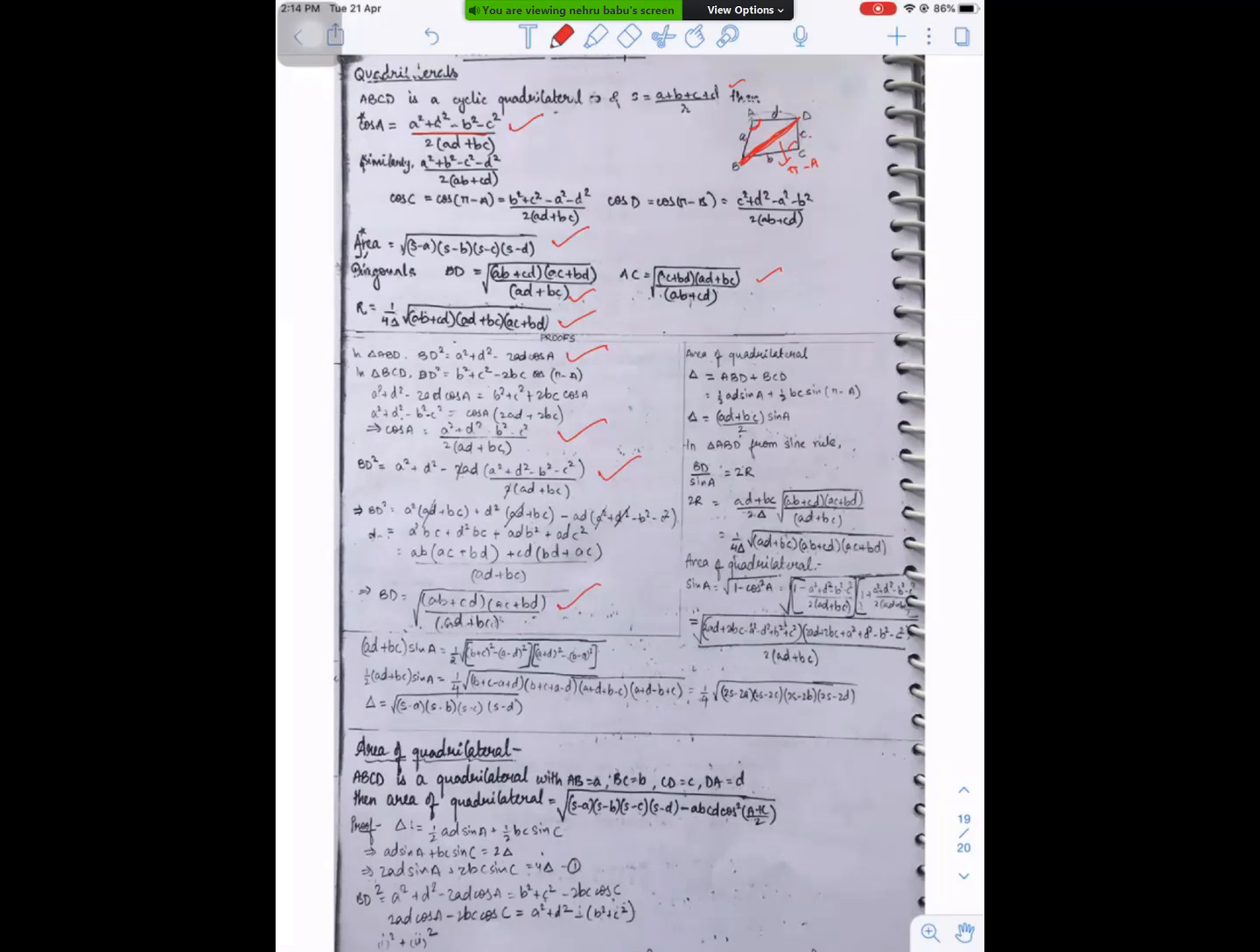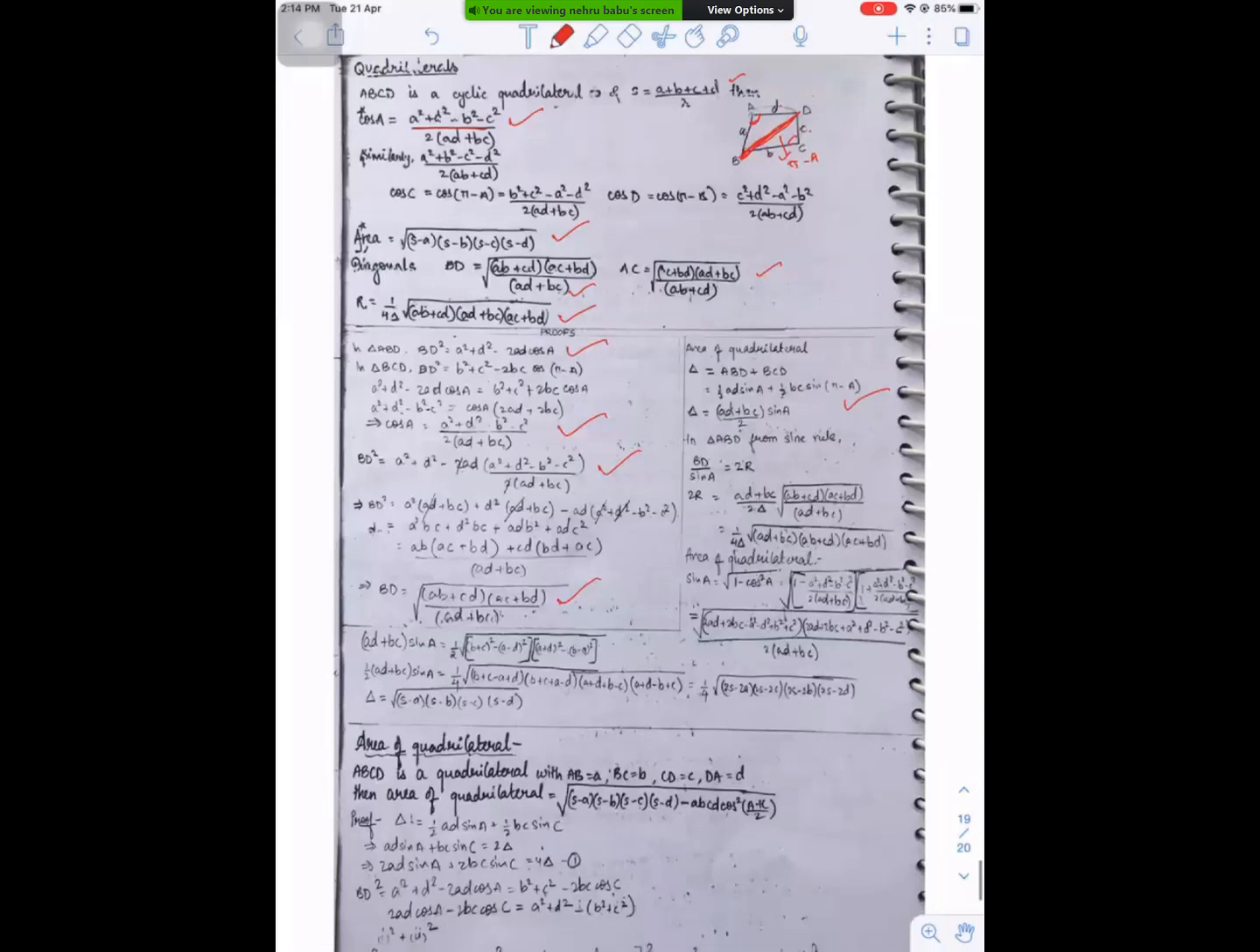Okay. Next, one more thing we did, area of the quadrilateral. How we proved it: ABD area plus BCD area, so half of AD sin A plus half of BC sin A. From that, we get delta equals (AD plus BC) by 2 into sin A. And as it's a cyclic quadrilateral, BD by sin A is always equal to 2R. So we use that condition. We know the BD length already, so we substituted that. After proving that result, we got R equals 1 by 4 delta into,